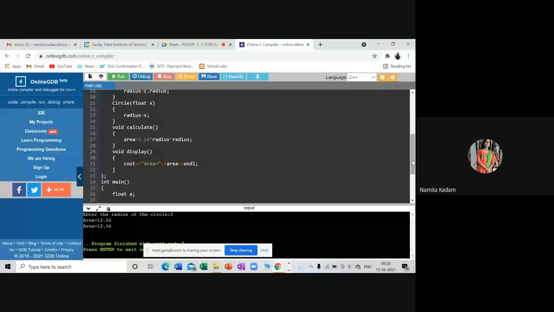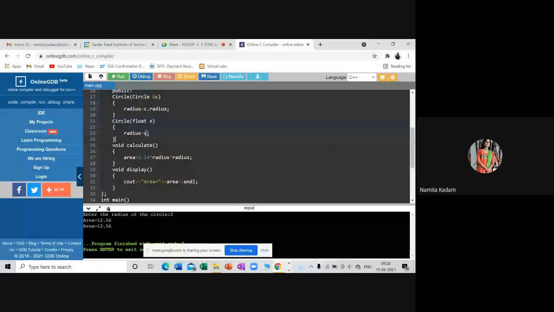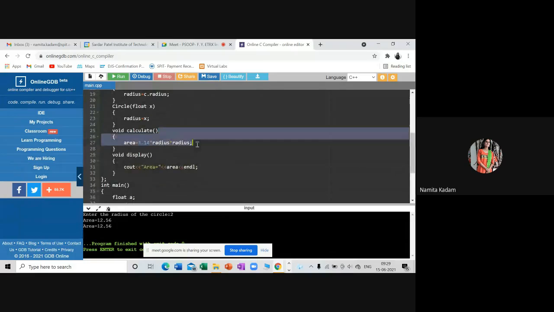Ma'am, I wrote the area. Here I had used a copy constructor with the help of which I got the circle and calculated the area. Here, with the help of the parameterized constructor, I passed the value of radius as x. Later in the main function, I called this again. And the default constructors are already there to calculate the area of the circle.